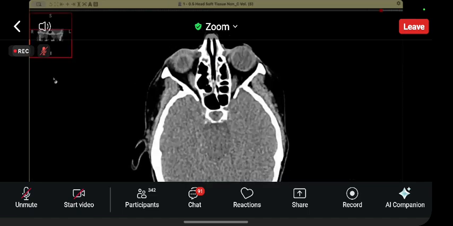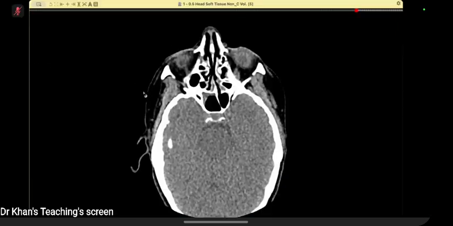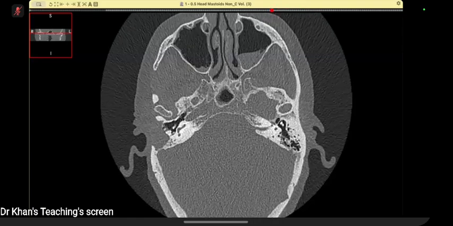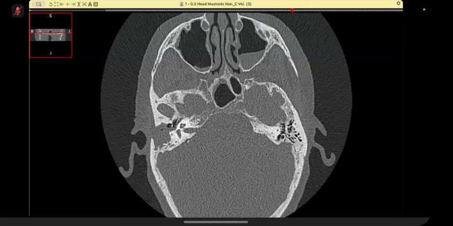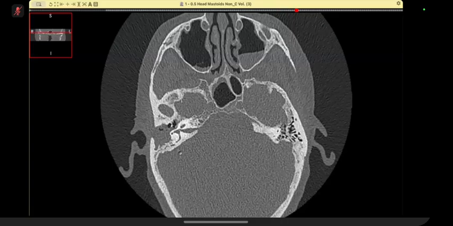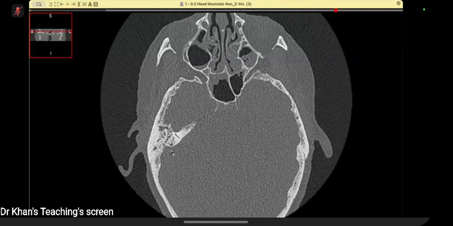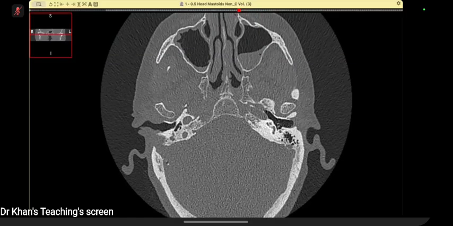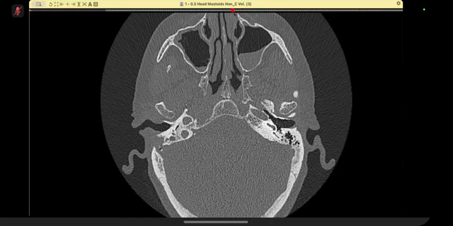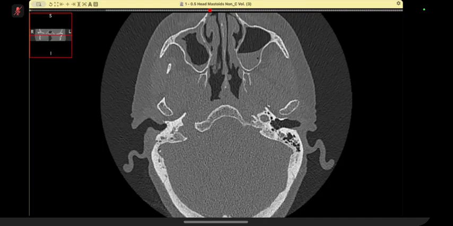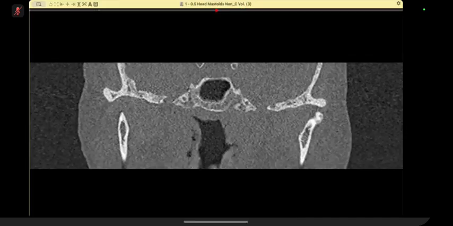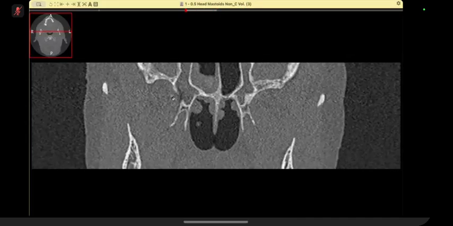So coming back to the description of this case, the key thing is that you must develop your eyes on post-surgical appearances. So this is all post-surgical appearance. Having said that, with this post-surgical, you can see this dehiscence where I am pointing out. There is a dehiscence and you can see that the intracranial cavity is there, and this dehiscence should raise the issue that something is happening. And on the coronal,